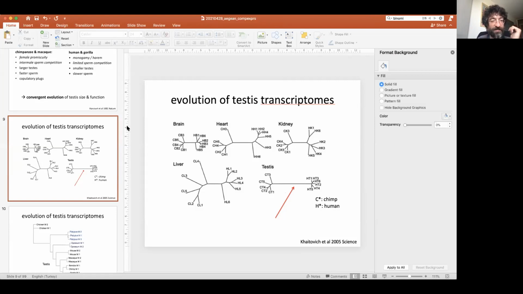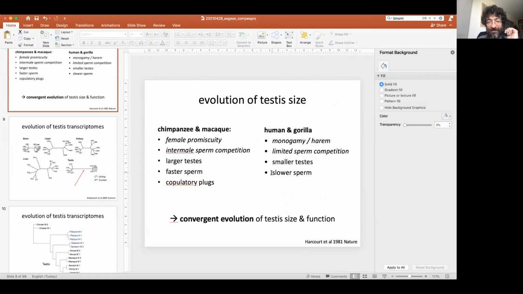The drift hypothesis basically, sorry, Pavlos, coming back to this.